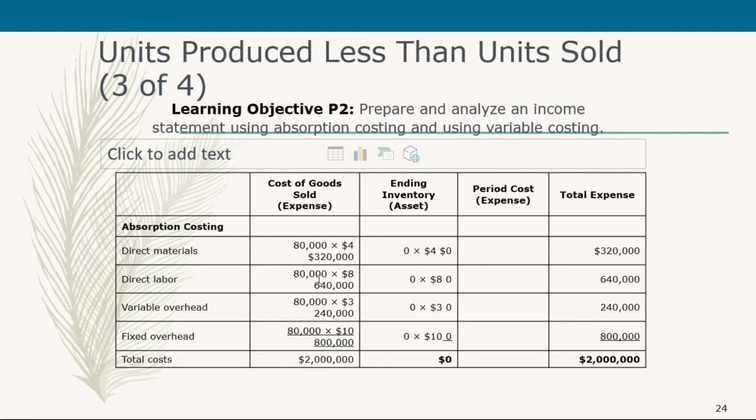The amounts pertaining to your 80,000 units for your direct material, 80,000 units for your direct labor, and 80,000 units for the overhead are multiplied by the unit cost for each element. And for your fixed overhead, the fixed overhead that you have from the beginning inventory is now classified as your cost of goods sold since the beginning inventory and the current production were all sold, right? So it is now part of your cost of goods sold, giving us a total cost of 2 million under